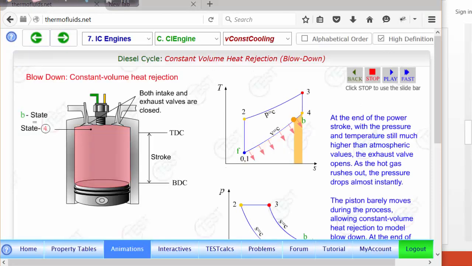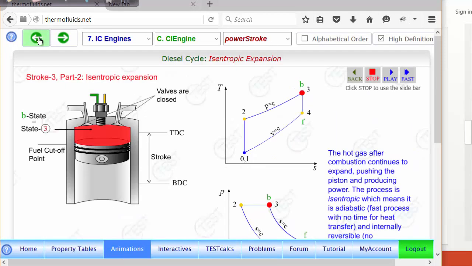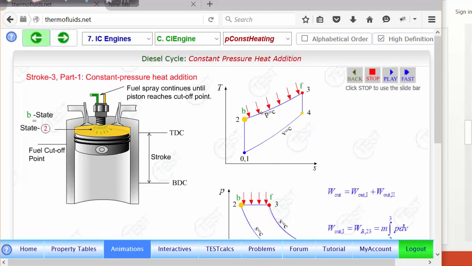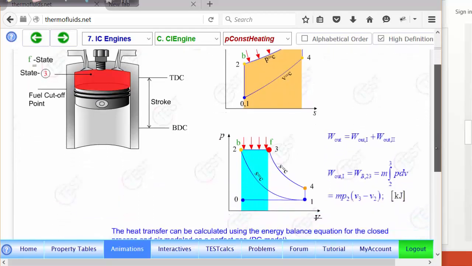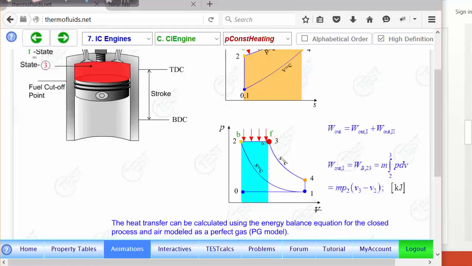Why? Because there is work produced during the power stroke as well as during the heat addition stroke, because pressure remains constant. Take a look. The piston is moving while I'm adding heat. So as the piston moves, it pushes the connecting rod, making the crankshaft move. So power is produced from 2 to 3 as well as 3 to 4. And that becomes clear if you look at the PV diagram. 2 to 3, note there is an area underneath that, and from 3 to 4 there is some area underneath that too. So this entire area is really